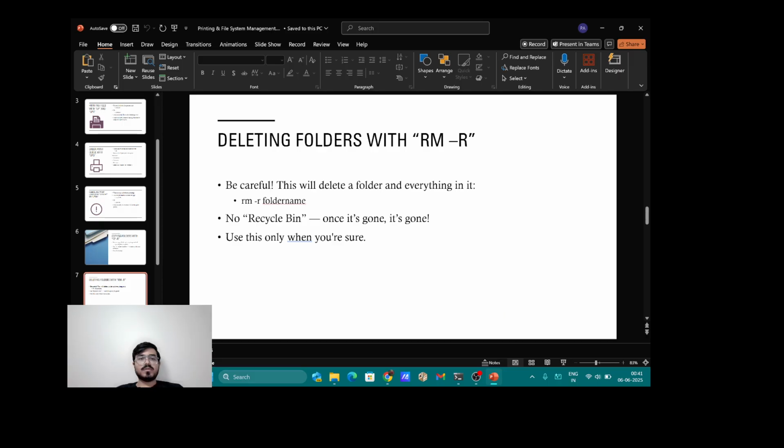So be careful. This will delete a folder and everything in it. There is no recycle bin. When it's gone, it's gone. Use it only when you are sure. Okay,